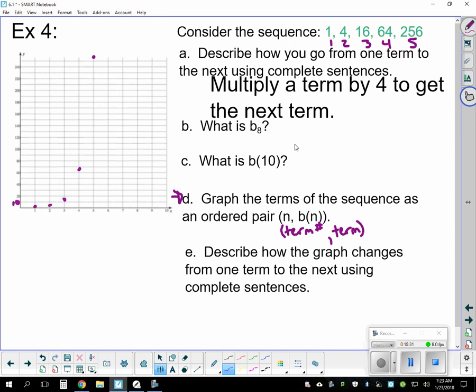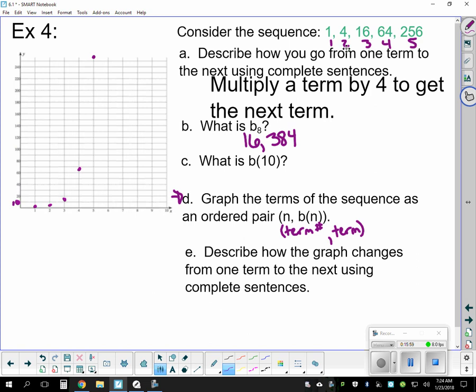What is b sub 8? Well, we have the first 5 terms. So to find the 8th term, we're going to have to keep multiplying by 4. You might need your calculator. These are going to get a little big. So 256 times 4 is 1024. That'd be b sub 6. Times 4 again is 4096. That's b sub 7. And then times 4 again to get your b sub 8. And I get